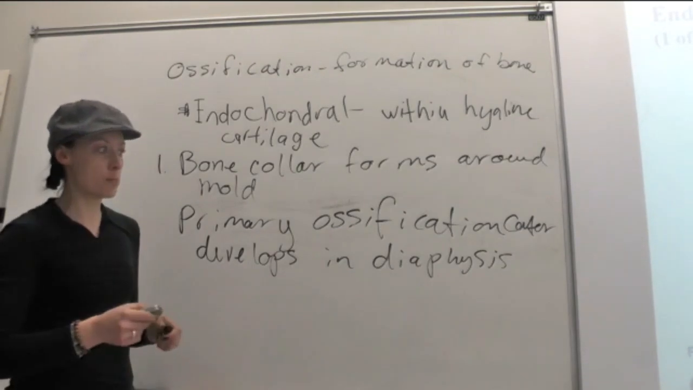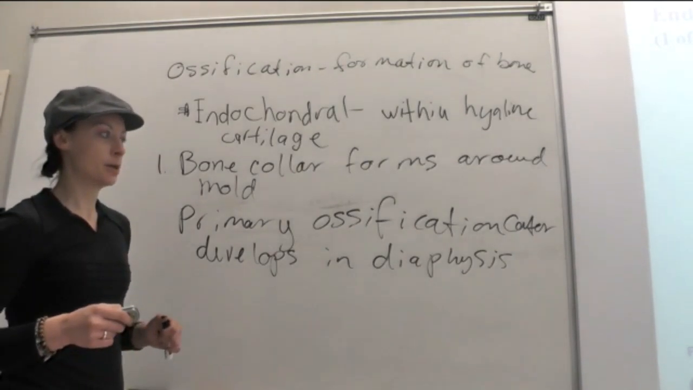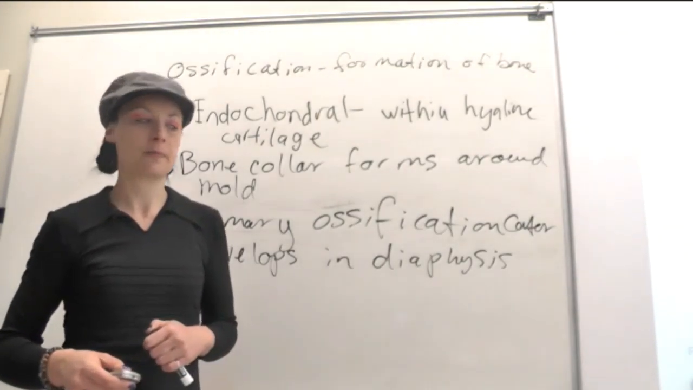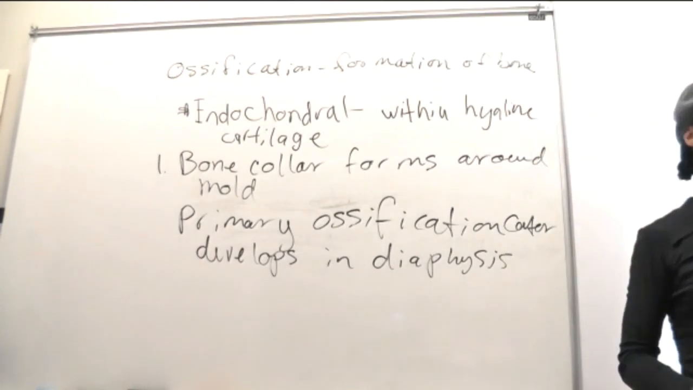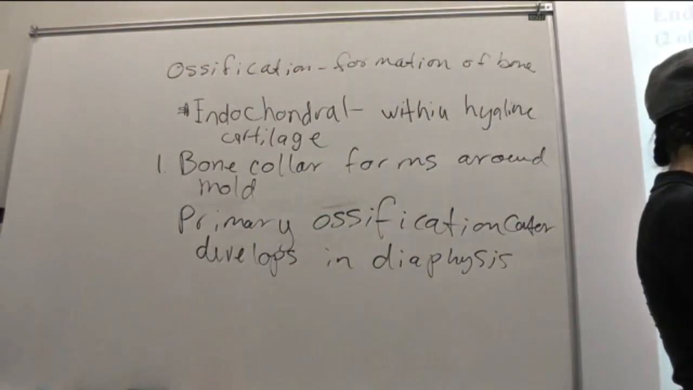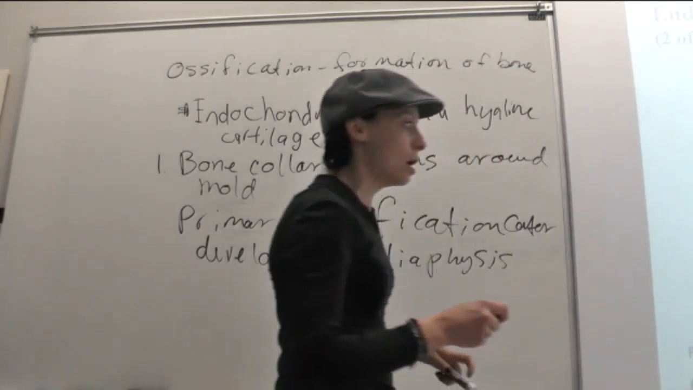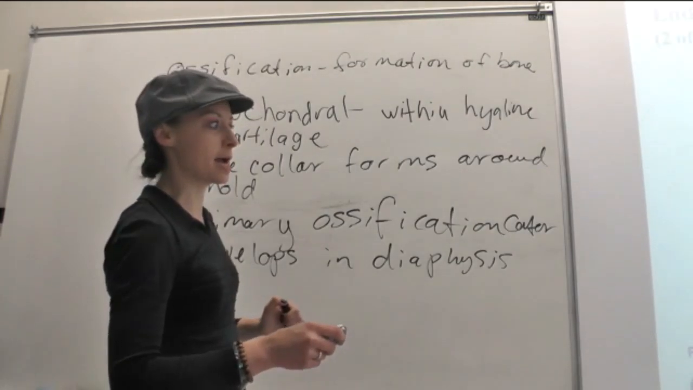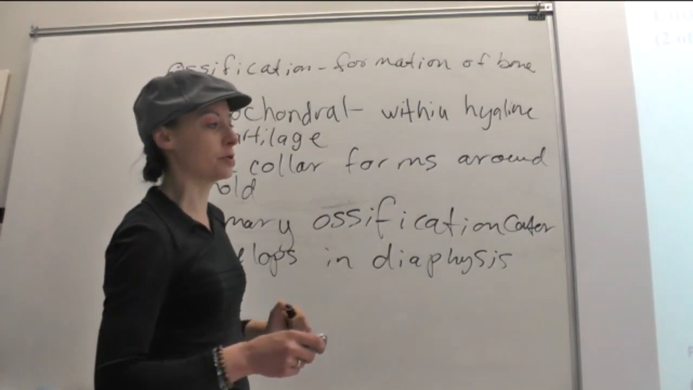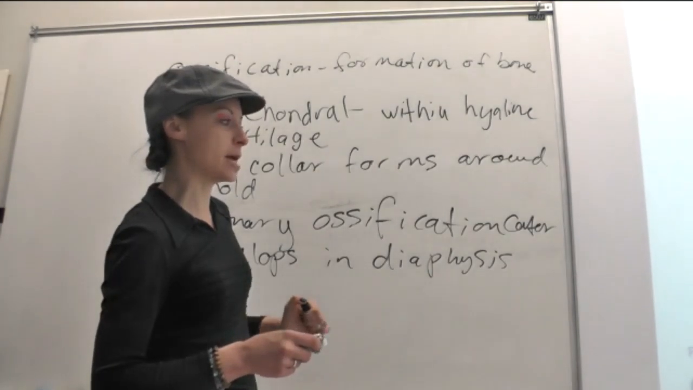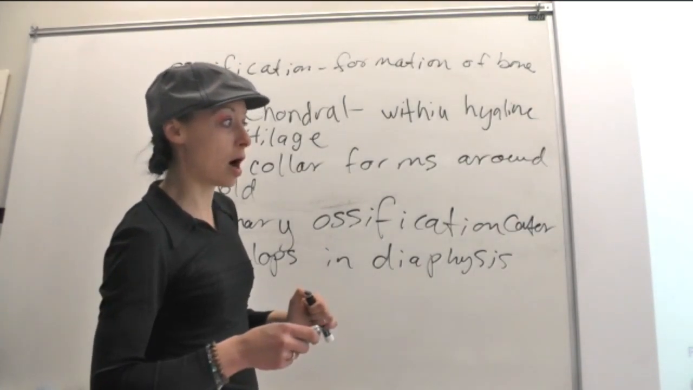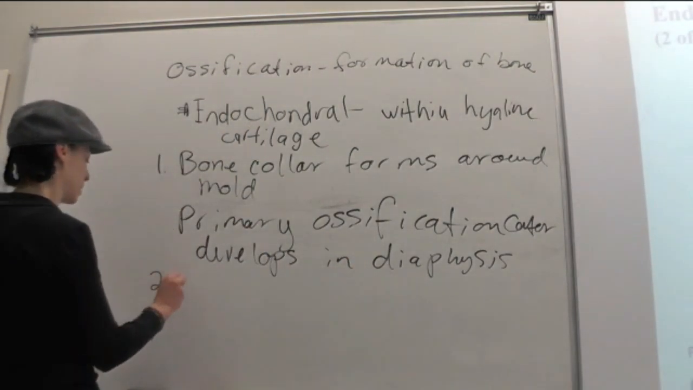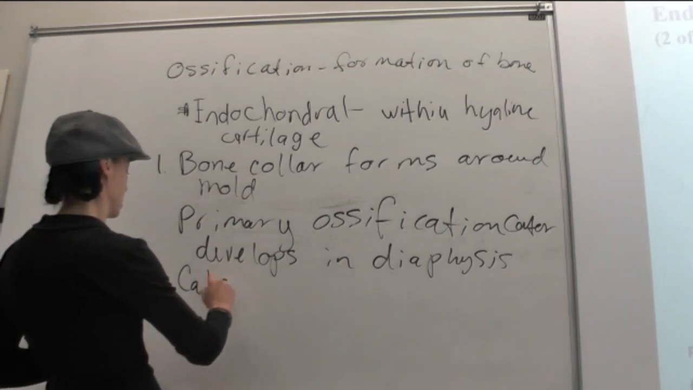So a bone collar forms around the outside, and a primary ossification center forms on the inside. Okay, so in this ossification center, what's going to happen is we're going to start accumulating lots of calcium and calcifying. As that happens, it's going to kill off chondrocytes, and the medullary cavity is going to start hollowing out and lengthening. So for our second step, we could say that calcification